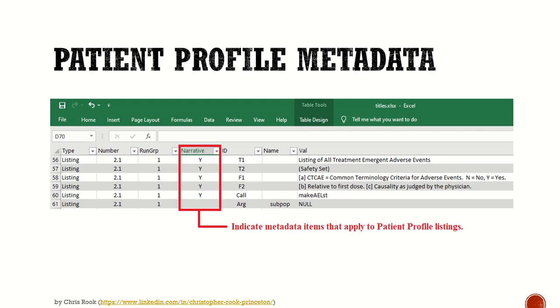Patient profile listings will use the TLF metadata, which has a column to indicate which records apply. Listing 2.1 is shown above. Note that the subset parameter will be used to filter each listing to a specific subject. When the script file is launched, it will read this metadata and convert it to a set of instructions for